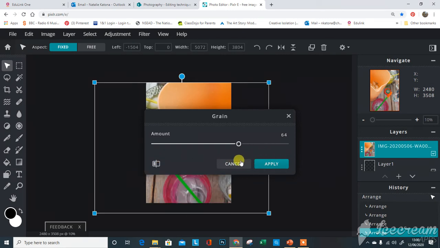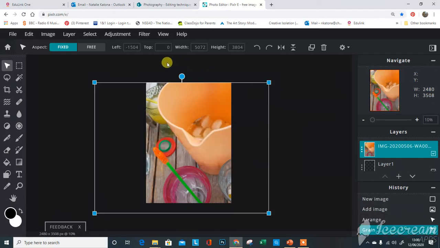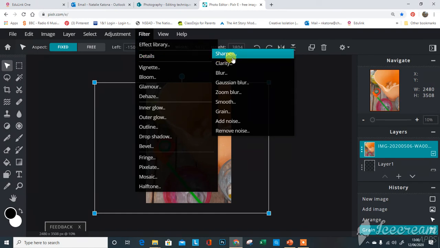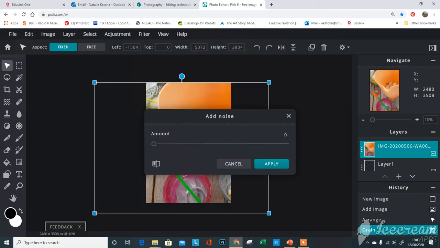I think I want it quite a lot grainier than that, so I'm going to have maximum grain and click apply. Can you see the photograph is slightly fuzzier. I'm also going to add some noise, so that's when we did the low light level photography, you can change it to this really grainy, fuzzy effect. So if I just move it up a little bit,